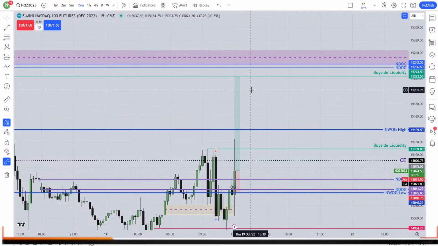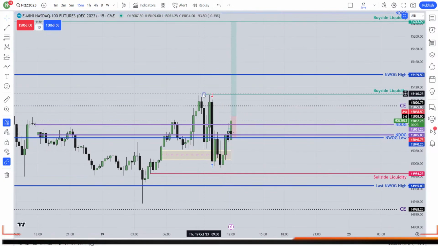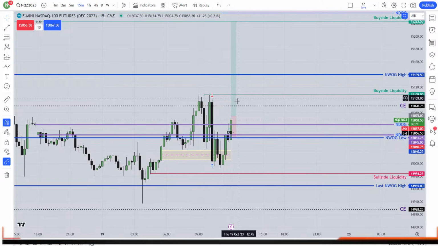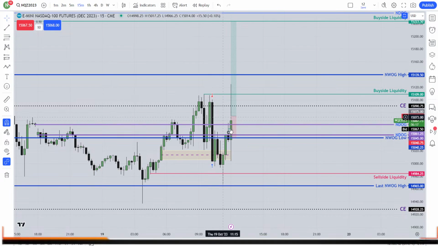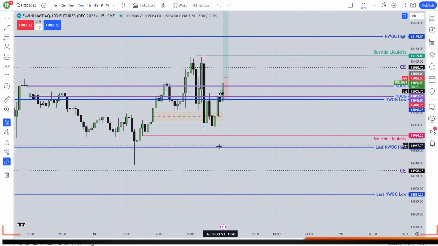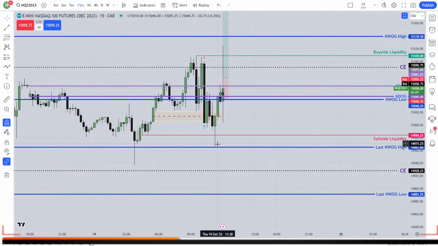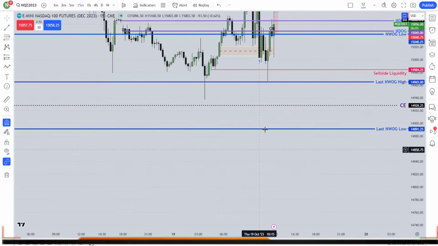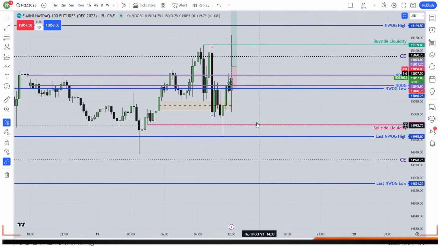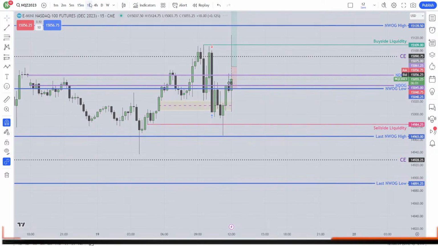Yes, from yesterday I'm telling you this, okay? I want to see that. If it failed, I mean there is a little buy side liquidity, so market went above that liquidity. By using the news, it went above the liquidity, and if it can go below this low, look at this low. If it can go below this low, then I will look for my weekly profile, okay? I mean from my weekly analysis I am bearish, so I will go for